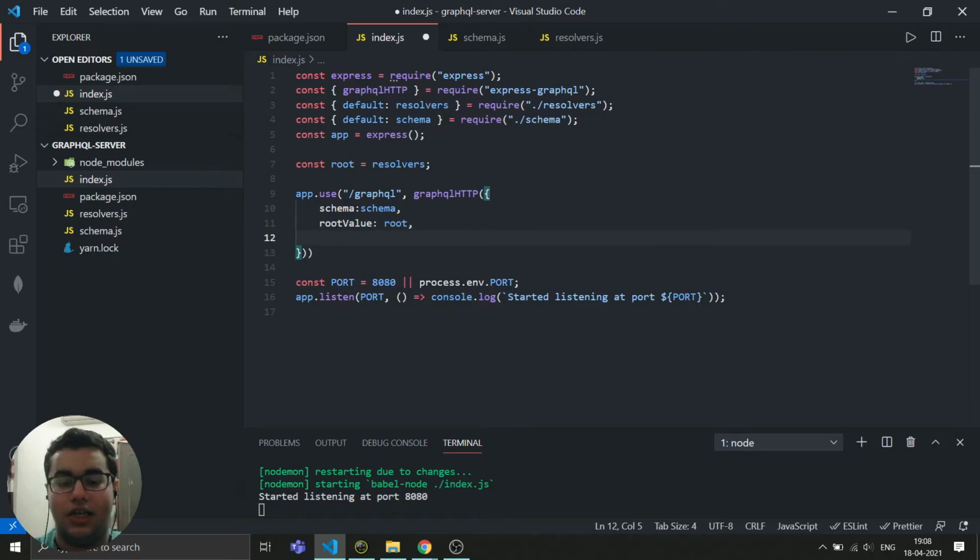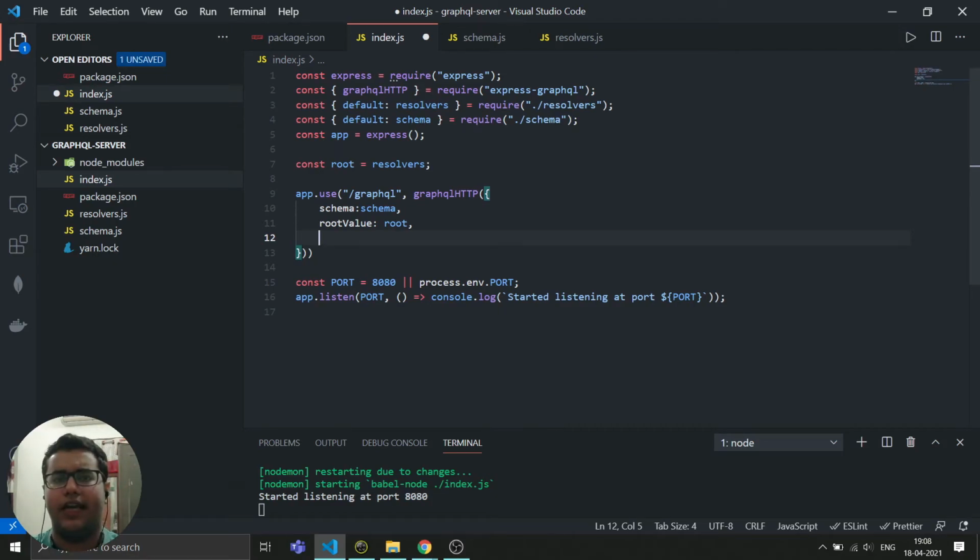Then we will be using GraphiQL. GraphiQL is a tool that is used to test our API or run our API in the browser itself by going to localhost 8080/graphql.